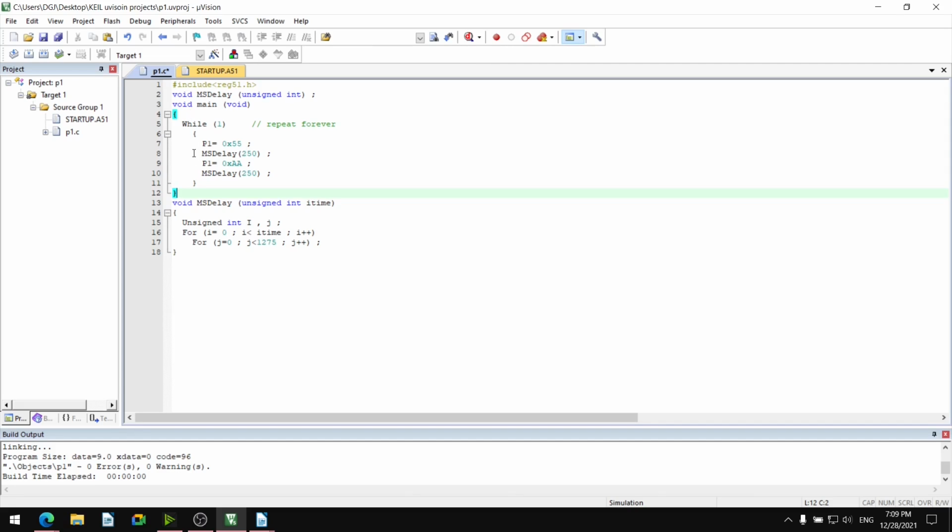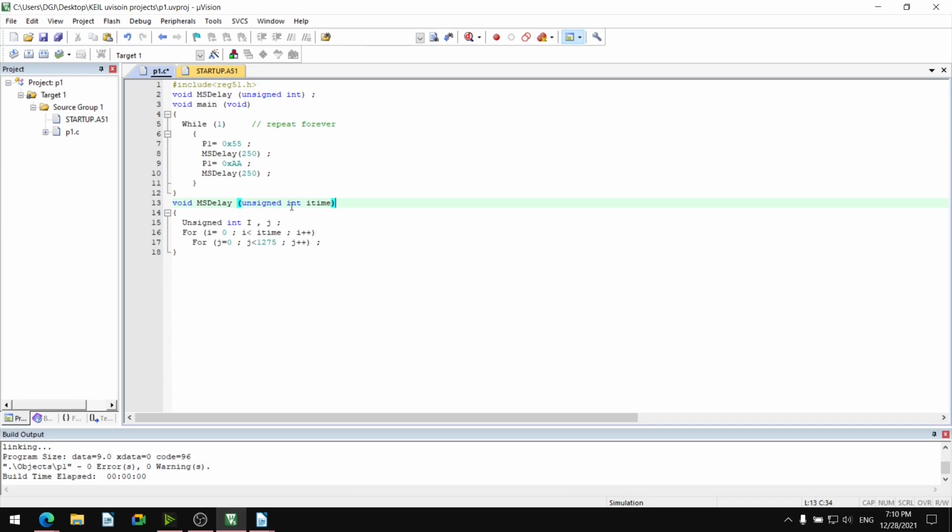instruction block. So in that while 1 is there, repeat forever, and while 1 is having this much block of instruction, curly bracket opening, curly bracket closing. So P1 is equal to 55, ms delay 250, P1 equal to AA, ms delay 250. And ms delay is the function body given after the main function.